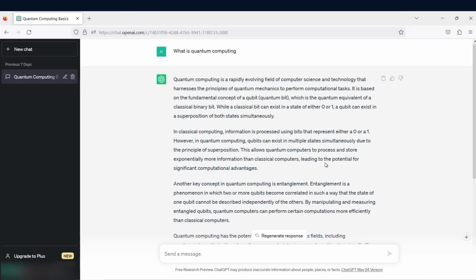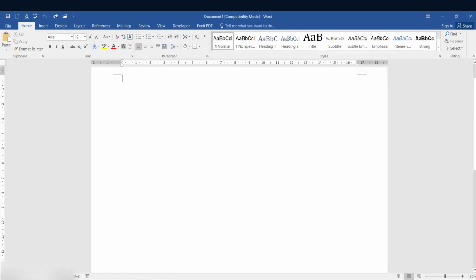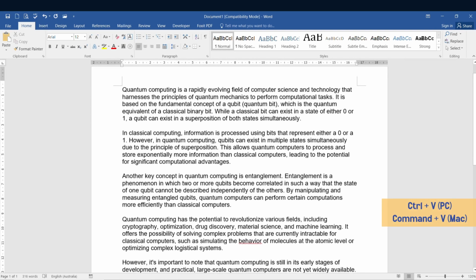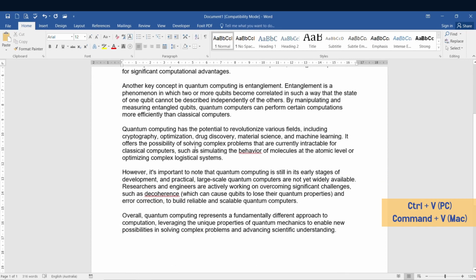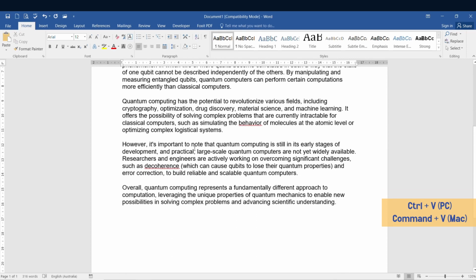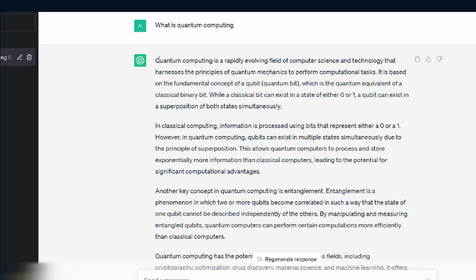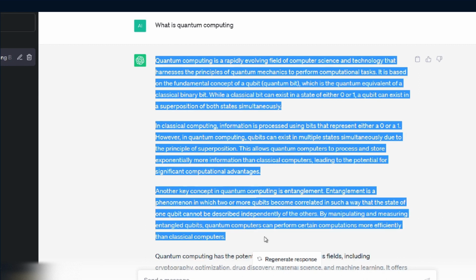If you want to paste to Microsoft Word, go to the document where you want to paste the response. On your keyboard, press Ctrl+V for PC, or Command+V on a Mac to paste the text. It's done. Method 2. If you do not want to copy the whole response, you can highlight the text you